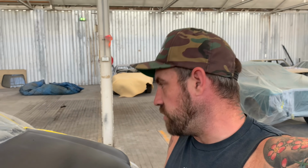Okay, so I have my base coat down now, and I've cheated. I've put a little bit of hardener in it to try and reduce the shrink back, because shrink back is basically thinners getting in between the layers of paint, and because I've rubbed through clear and colour and all sorts of different layers, it's still likely to shrink back anyway, but a bit of hardener should reduce that. I might get away with doing this once, but if not, it's okay because I plan on doing this anyway. I'll buzz it back and lay down some more colour and clear,